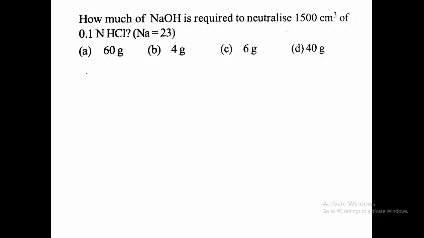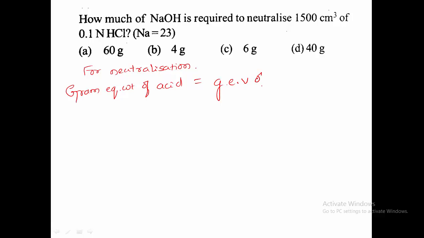ಆ್ಯಂಡ್ ಒನ್ ಥಿಂಗ್ ಯು ಹ್ಯಾವ್ ಟು ರಿಮೆಂಬರ್, ಫಾರ್ ನ್ಯೂಟ್ರಲೈಸೇಷನ್, ಯಾವುದೇ ಒಂದು ನ್ಯೂಟ್ರಲೈಸೇಷನ್ ಪ್ರೊಸೆಸ್ ನಡಿಬೇಕಾಗಿತ್ತು ಅಂತ ಹೇಳಿದ್ರೆ ನಾವೇನು ತಗೋಬೇಕು, ಗ್ರಾಮ್ ಇಕ್ವಿವ್ಯಾಲೆಂಟ್ ವೇಟ್, gram equivalent weight of acid should be equal to gram equivalent weight of base. ಎರಡು ಈಕ್ವಲ್ ಆದಾಗ ಏನಾಗುತ್ತೆ ರೀ, ನ್ಯೂಟ್ರಲೈಸ್ ಆಗುತ್ತೆ ಸೊಲ್ಯೂಷನ್. ಸೊ ಹಿಯರ್ ಫಸ್ಟ್ ಫೈಂಡ್ ಗ್ರಾಮ್ ಇಕ್ವಿವ್ಯಾಲೆಂಟ್ ವೇಟ್ ಆಫ್ ಆಸಿಡ್. ಇಲ್ಲಿ ಆಸಿಡ್ ಯಾವ್ದು ರೀ, HCl. ಸೊ ಗ್ರಾಮ್ ಇಕ್ವಿವ್ಯಾಲೆಂಟ್ ವೇಟ್ ಆಫ್ HCl is equal to